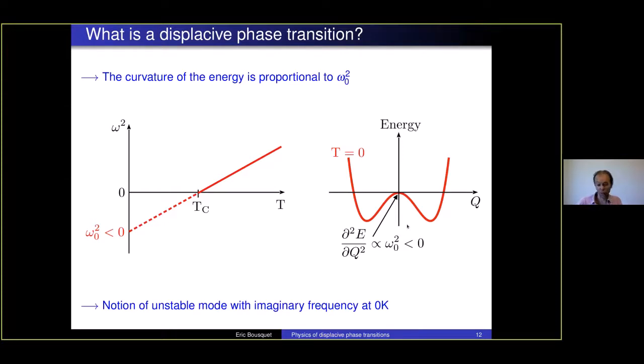Okay, and in the DFT calculation, often you report not the square frequency, but the phonon frequency directly. So either you report the square frequency that's going to be negative, or you see it from the phonon frequency directly that is not squared. This phonon frequency is going to be imaginary. So a calculation at 0 K, even with DFT, is going to allow us to identify the instabilities of the system. It means what kind of distortion allows reducing the energy of the system through the calculation of the phonons, because we're going to see imaginary phonon frequencies.